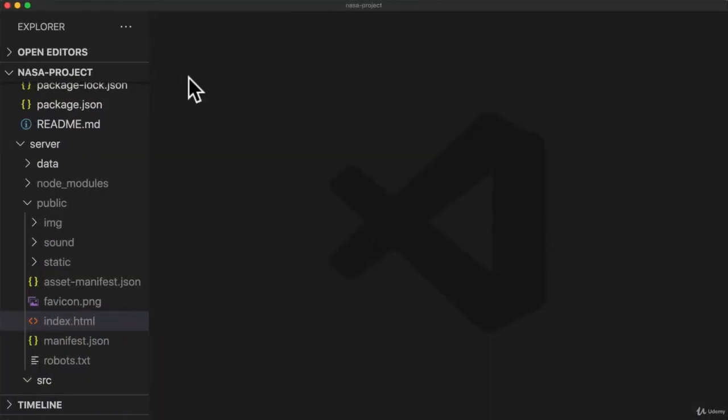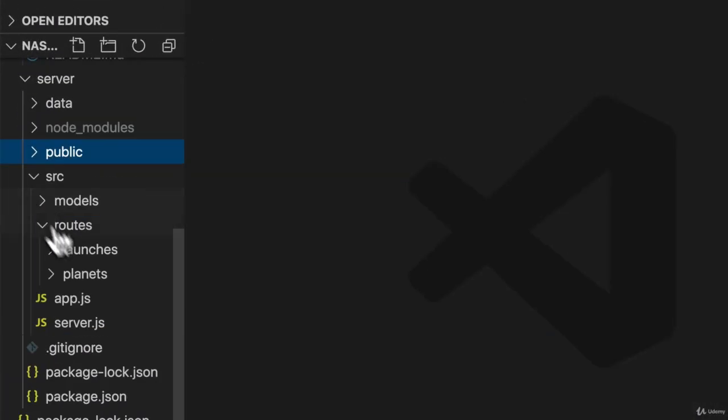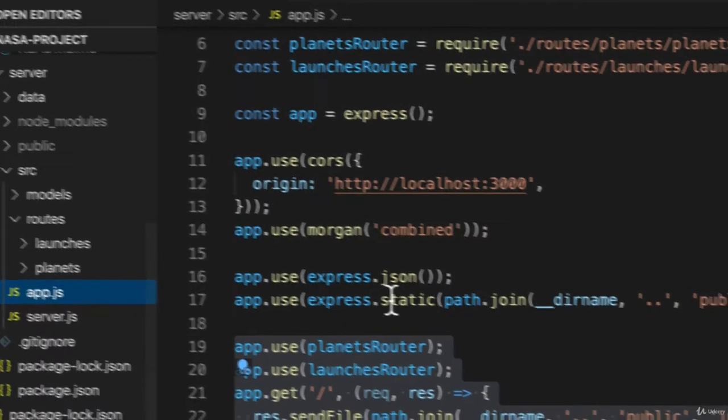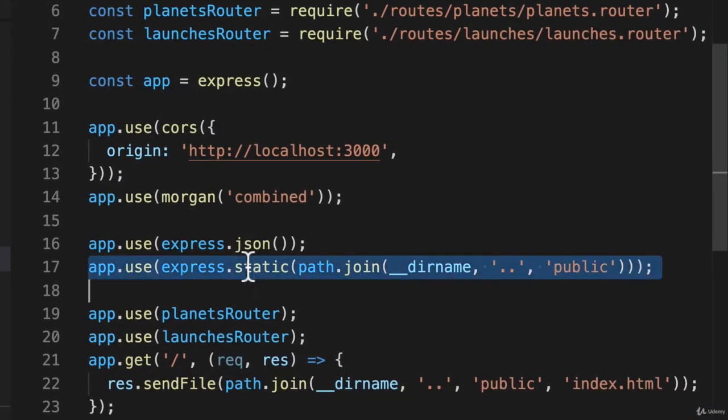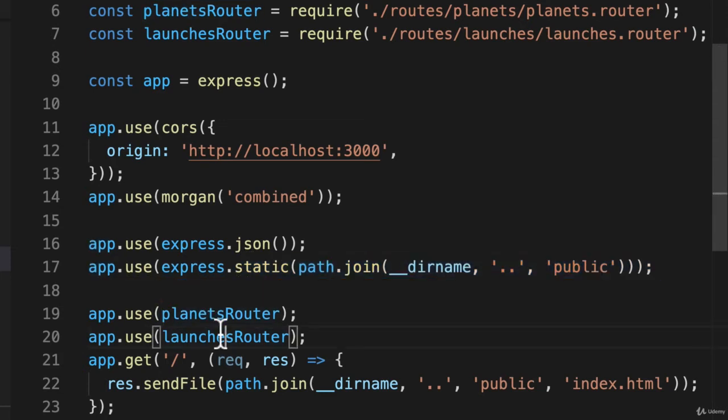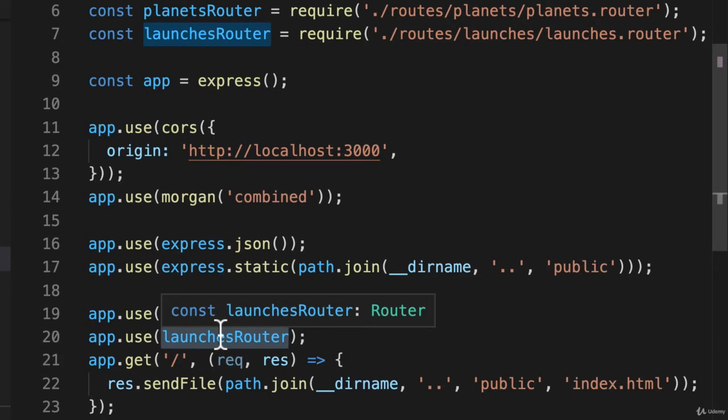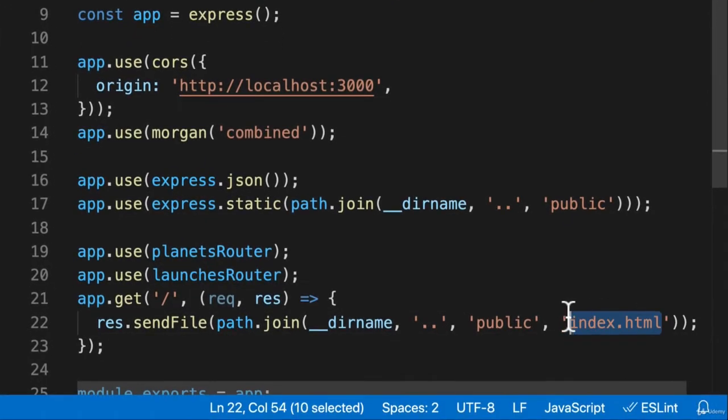In our code, our static middleware is going to give us a 404, and neither the planets or the launches router will respond to the /history request. It needs to be the index.html and the React app with our front end that manages